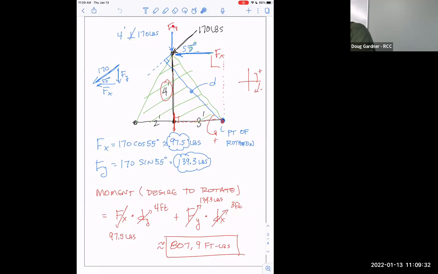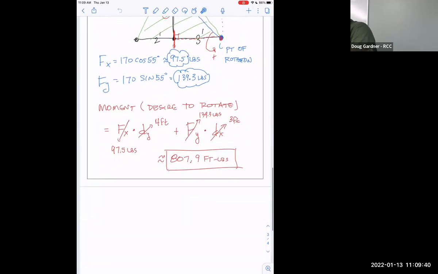And then we took force Y, which is going this direction, and it got multiplied by distance X. And so if I was to try to make kind of a mnemonic device for this stuff right here, this is kind of the logic